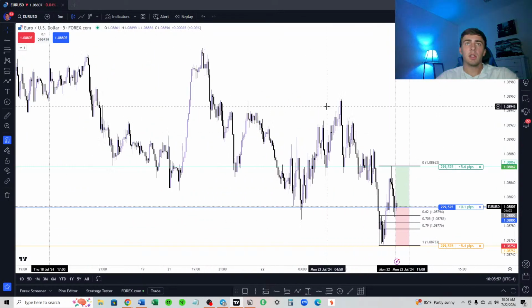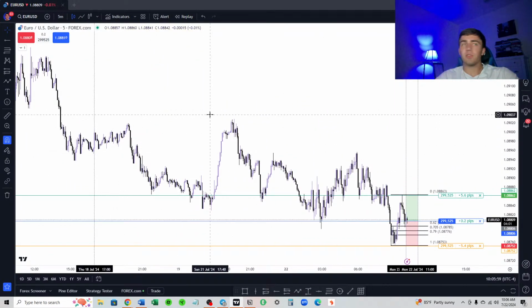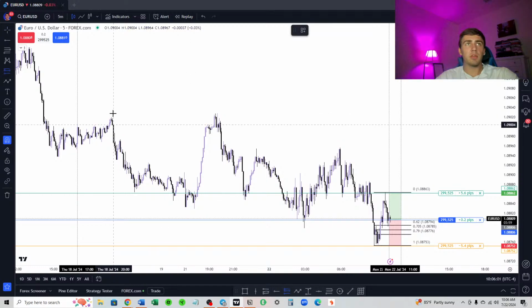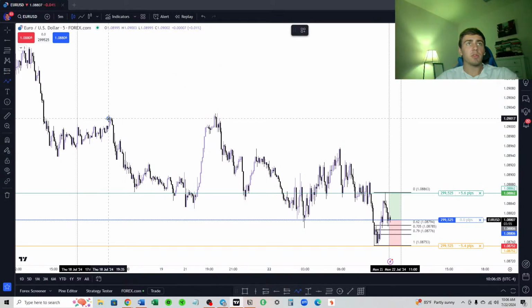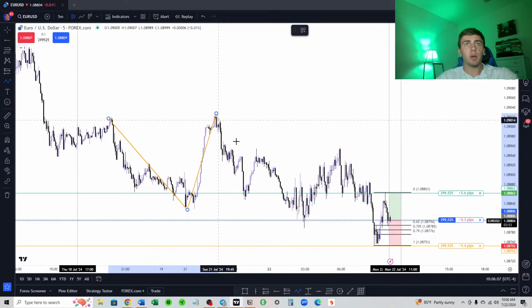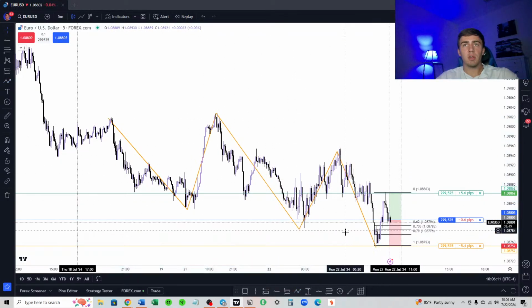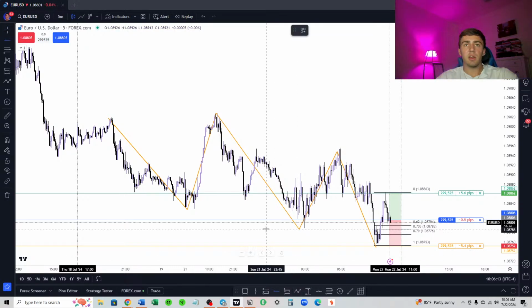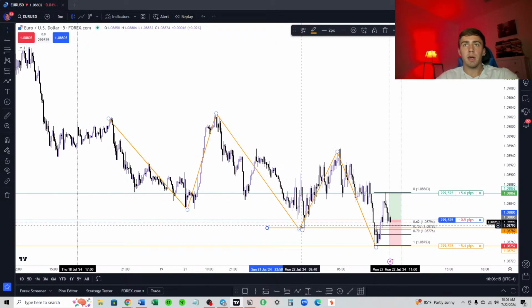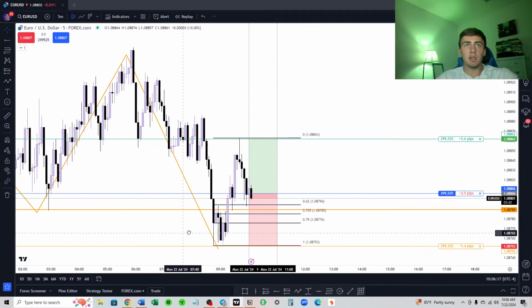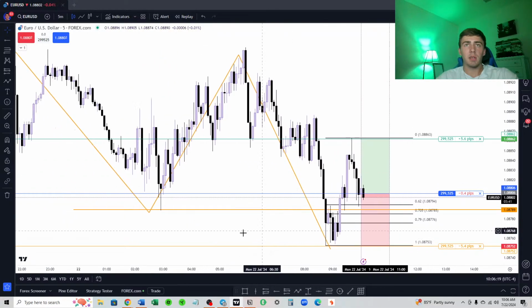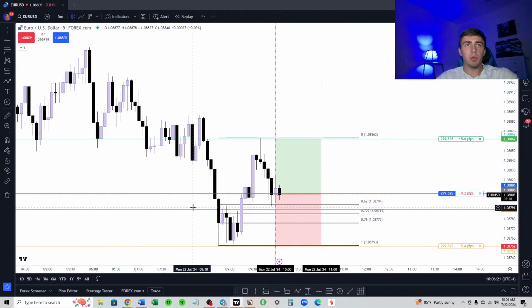and how we could potentially have this set up here. So this is where the trading day started. Price pushed down, pushed up, pushed down, pushed up, and then pushed down again. And so what I saw here is that liquidity was grabbed. You can see right in here, it grabbed the liquidity, pulled back in, and then on a much smaller scale,